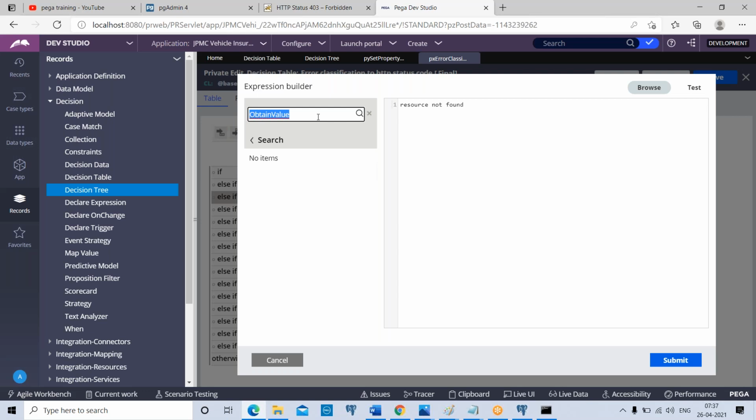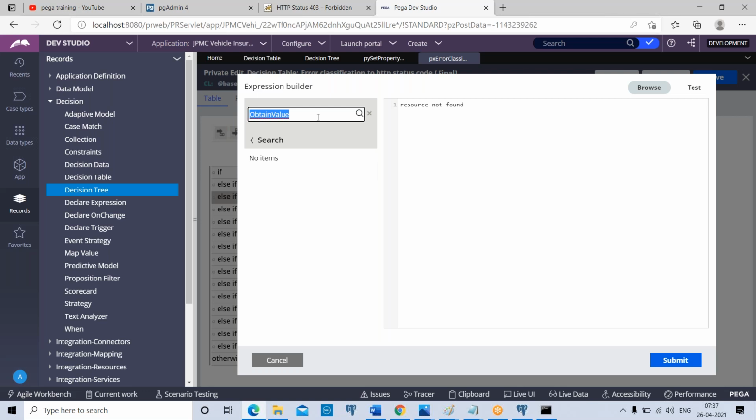We used to have only one function. What was the function? Obtain value. Obtain value is the function which we use in order to call decision table, decision tree, map value. One common function for calling any of the three decision rules like table, tree, map value. But later on they came up with specific functions for table and tree. Those are pxEvaluateDecisionTable, pxEvaluateDecisionTree.